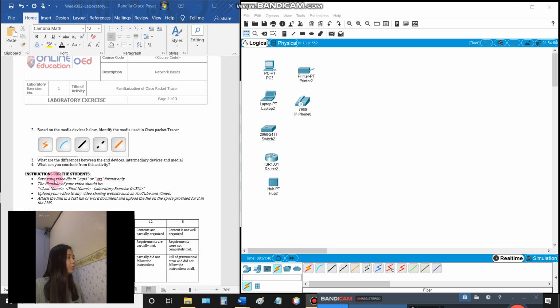So number 4, what can you conclude from this activity? I therefore conclude that both the end devices and the intermediary devices are important in building a network system. Intermediary devices interconnect with end devices and provide connectivity, and serve as a medium, while the media serve as a